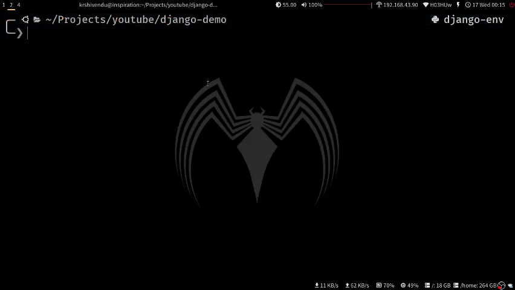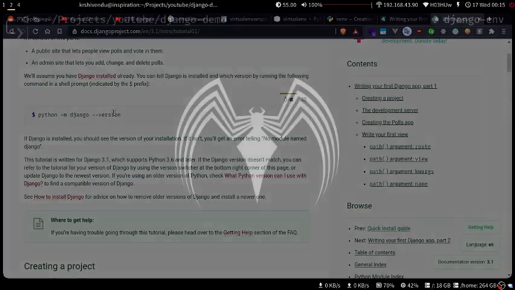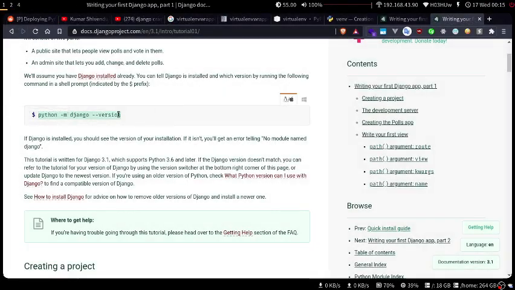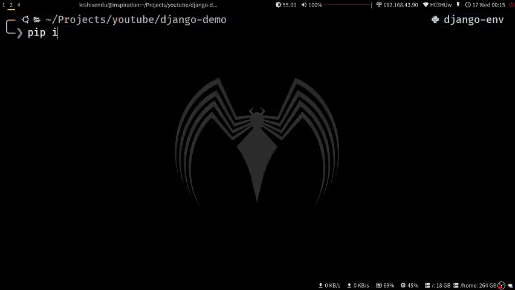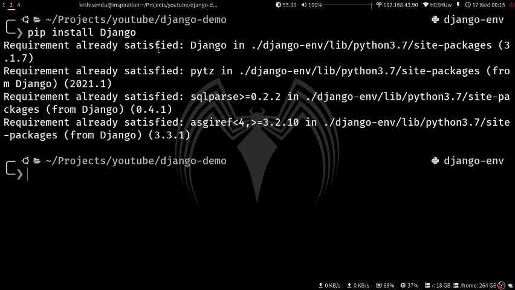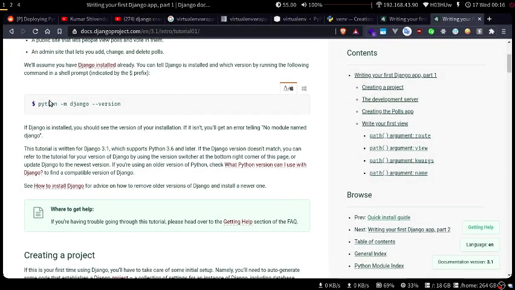So what we will do is, first of all, install Django. Here we are checking the version, but first we need to install it. To install Django, type pip install Django inside your terminal. This is my terminal. I have customized it a lot, so it looks somewhat different, but the thing remains the same. You do this, then the installation will take place, and after some time you will have it installed. Django is already installed on my computer, that's why it did not take any time, and I got the message requirement already satisfied, but in your case it will take some time and your installation will happen.